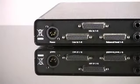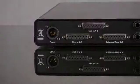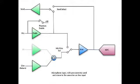One of the unique features of the ULN-8 is the mic send-return mode. By combining the mic inputs, balanced sends, and line inputs, you can create analog inserts without losing channels. Connect your signals to the mic inputs and connect the balanced sends to the inputs of your external equipment. Bring the outputs of your external equipment into the line inputs and in Mio Console or using the front panel,